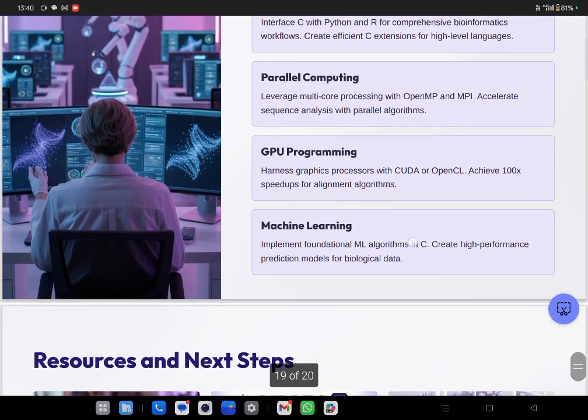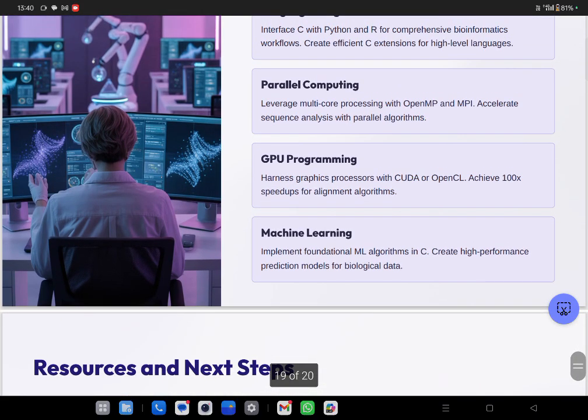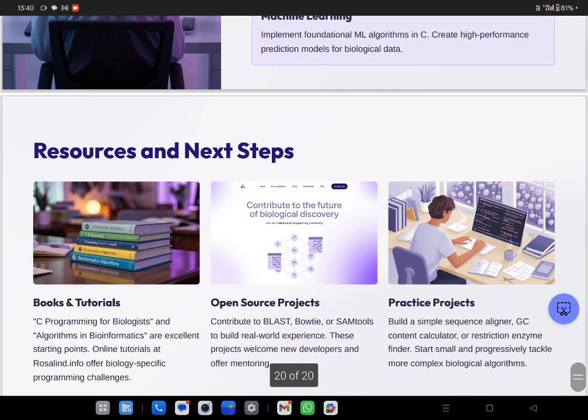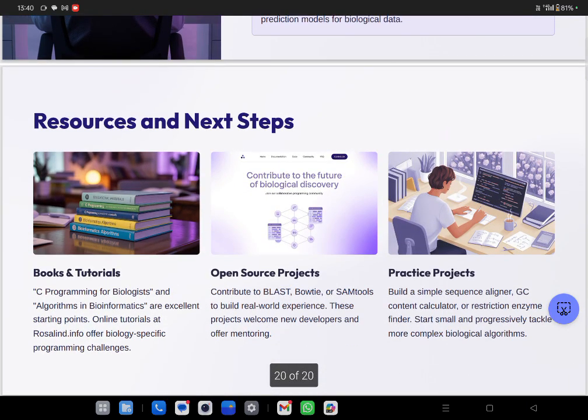Then GPU programming, graphics processing unit. You can directly control the graphic processor to make your image. And machine learning for artificial intelligence. So all these books and tutorials, open source projects, practice projects are available. Now I will show you